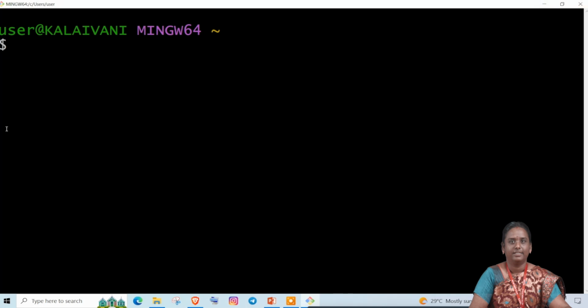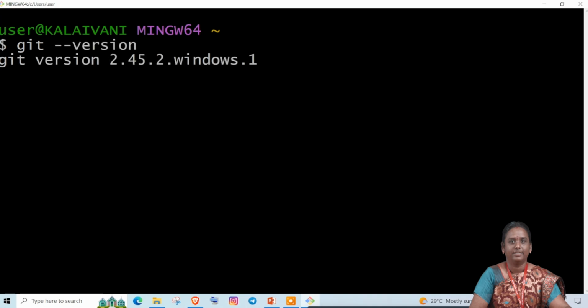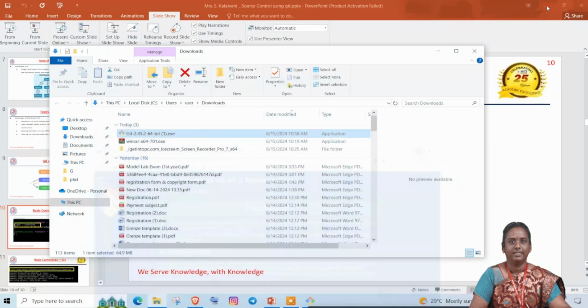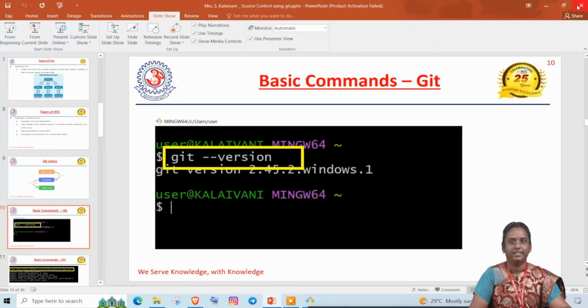In order to check whether Git is installed properly, you can use the command git space --version. You can see here the version 2 and the major and minor versions of the Git installed are displayed. So, git space --version. Before going into the execution of basic commands,